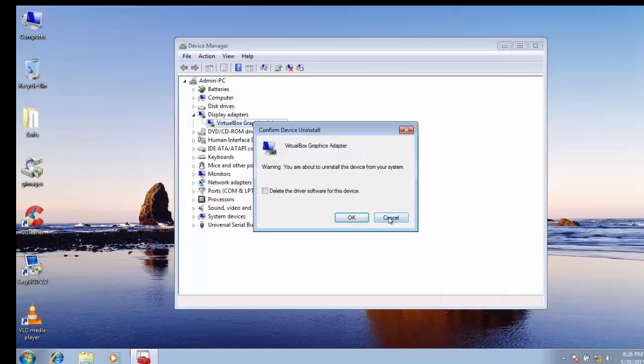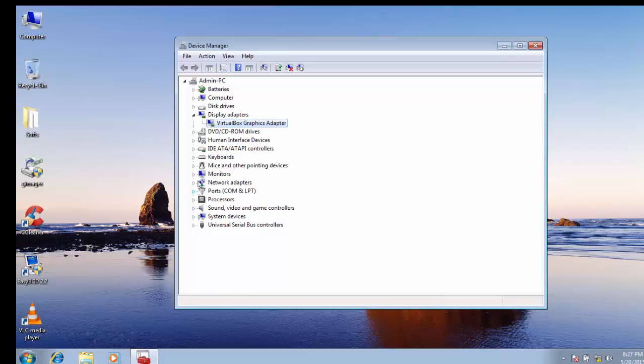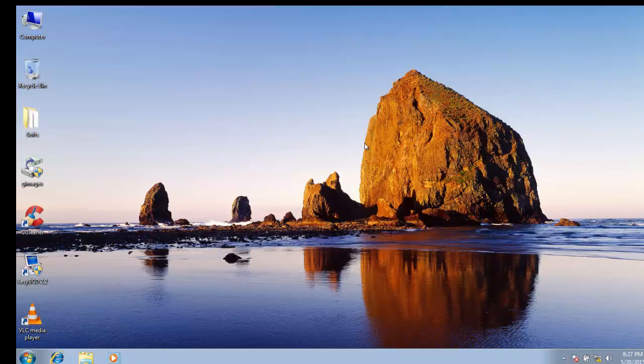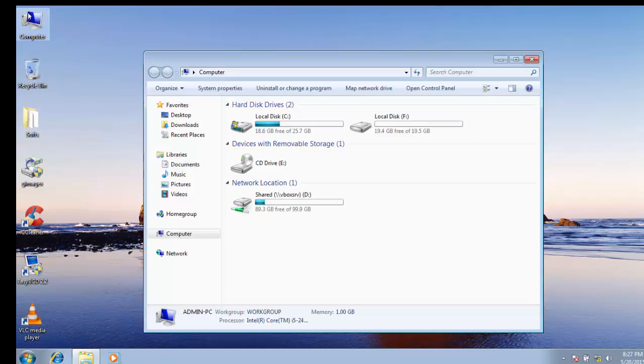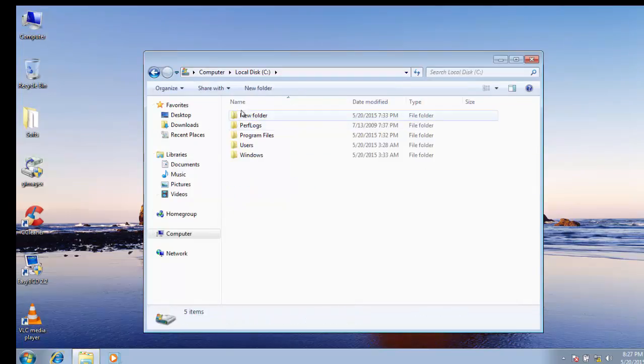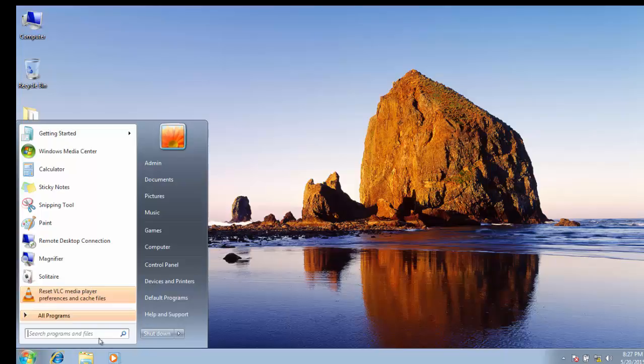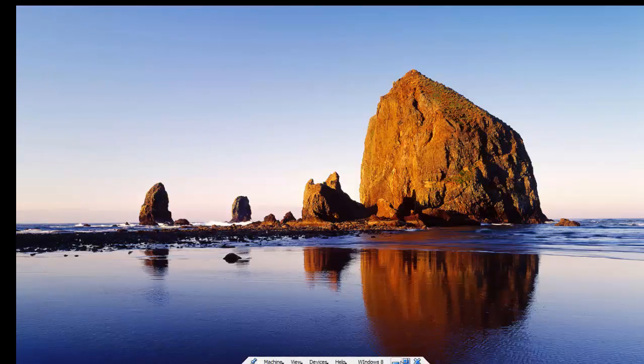You just uninstall this one and the network adapters, and that's it. You uninstall the other drivers and then take a backup copy of it. Once you feel it is good to go, shut down your PC, shut down your VirtualBox, right.